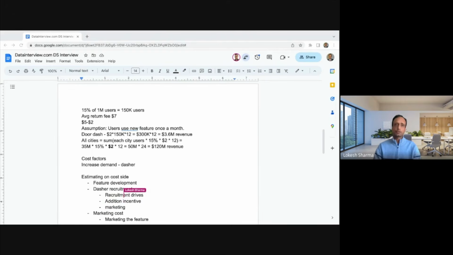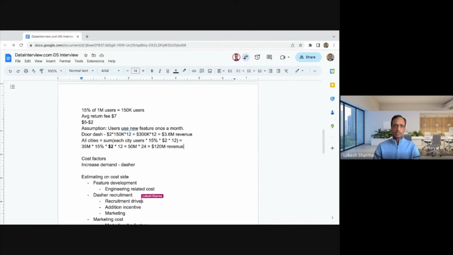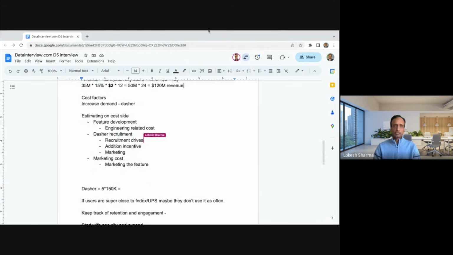Additional recruitment drive essentially includes marketing as well, but all the costs associated with Dasher recruitment is here, and the marketing, this is for user, and then feature development is all the engineering related cost. Now you asked me for the Dasher side, if you look at the cost, so maybe we estimate the Dasher recruitment cost.